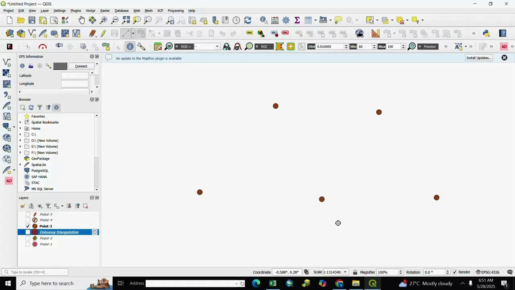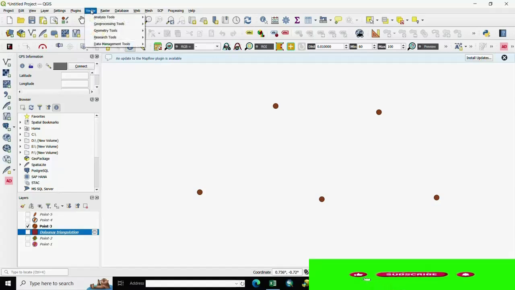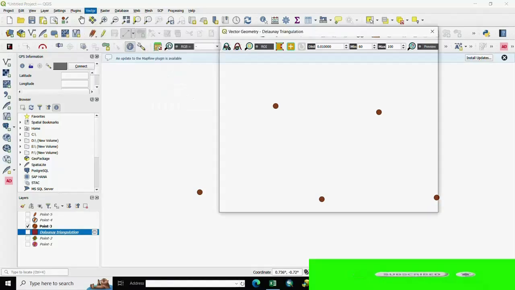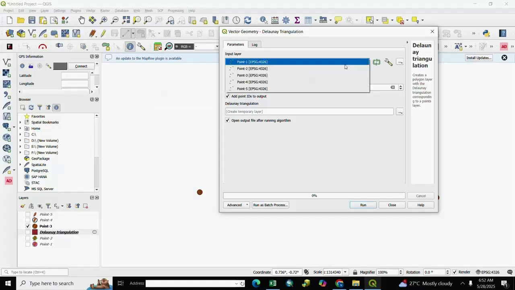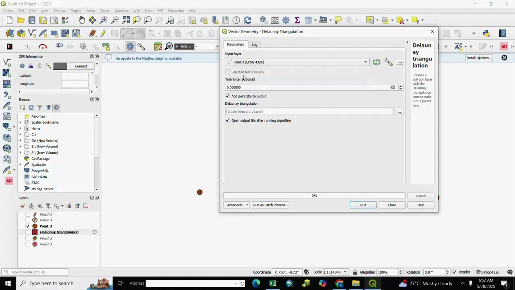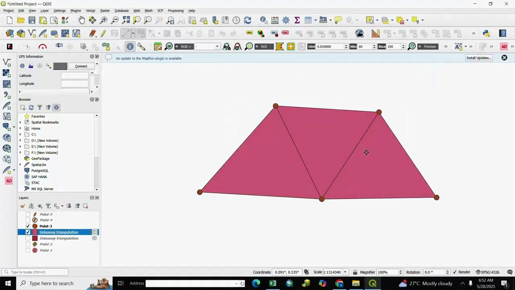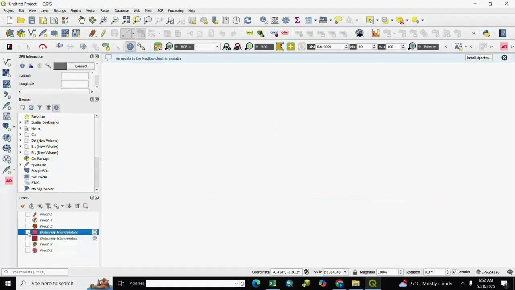For triangulation we go to Vector, Geometry Tools, and select Delaunay triangulation, and we select point 3 and run and close it. You see here your triangulation is created with 5 points, and next is 4, here are 5 points and 1 center point.